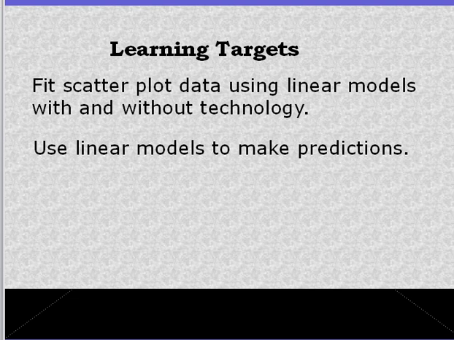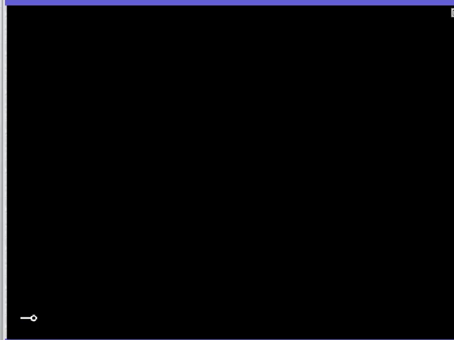All right, so this is 2-7. We're going to fit scatterplot data using linear models with and without technology and use linear models to make predictions. Linear models, linear regressions are extremely useful. We used them quite a bit in the company where I worked. We were in the research department, gathering data and then seeing if we could make a linear model using that data. So very useful